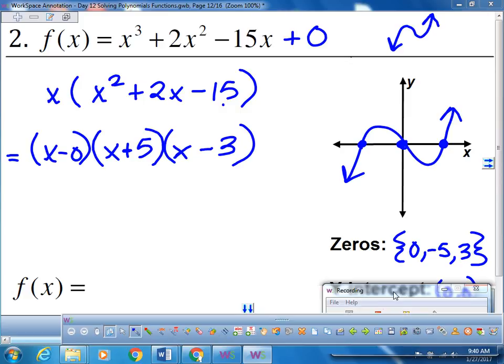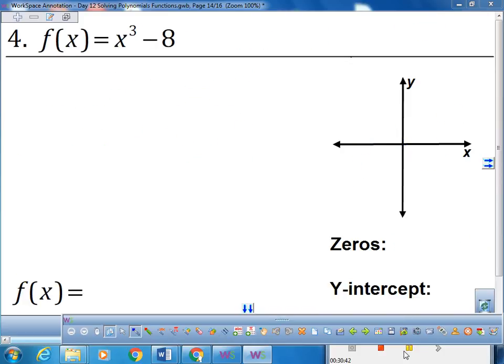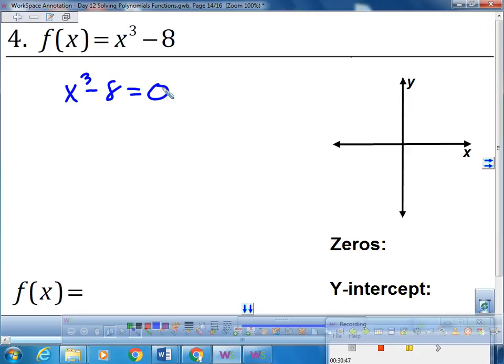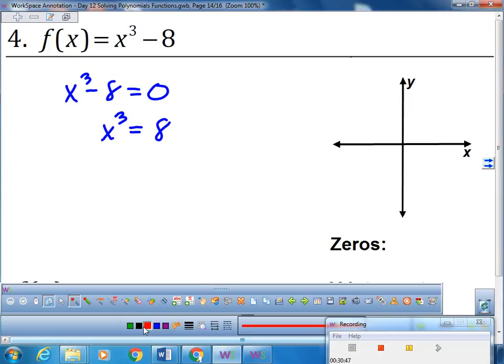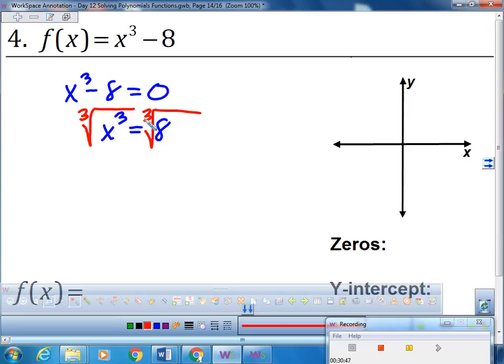Pausing. 3, 2, 1. Okay, so with this one, number 4, I see x cubed minus 8 equals 0. I have something in my bag of tricks I can work with that. Move the 8 to the other side. x cubed equals 8. Not square root each side. Cube root each side, right? You should see there's 2's in there. Like Gene said, I see 2's. And so when I do that, right, I get